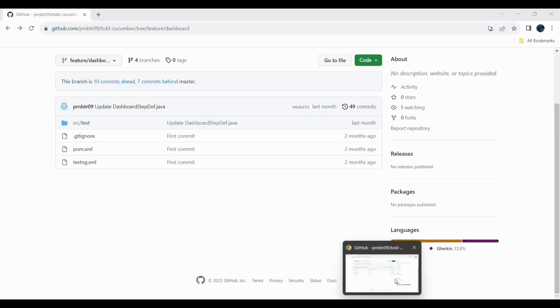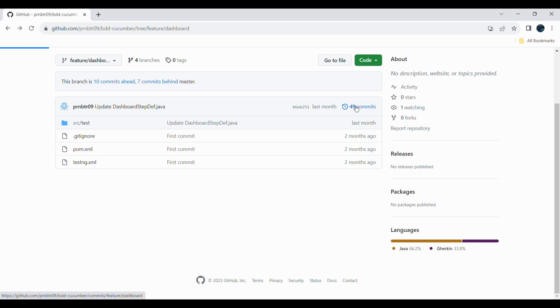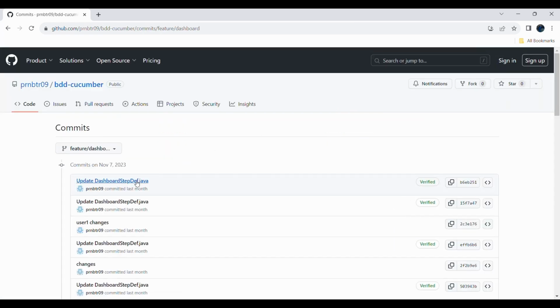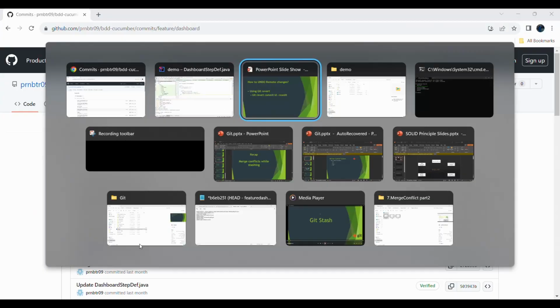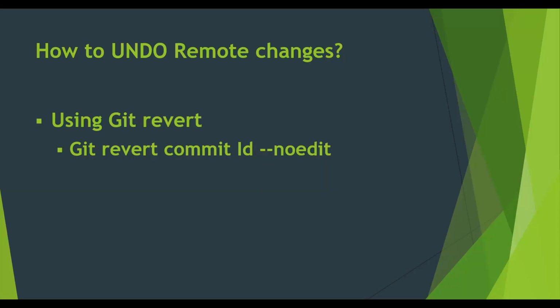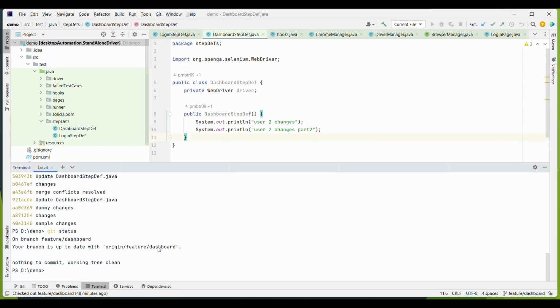Now let us go to the code, and if I go here, 49 commits, and we have this same commit ID, Update dashboard. So how to revert this? For that we have git revert commit ID and no edit. But to revert something on the remote, we will have to again commit it. So git revert